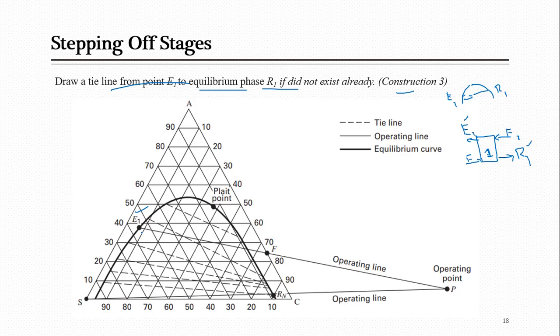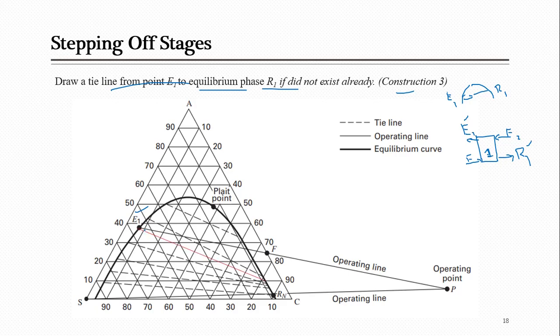Overall, we can just draw a tie line passing between these two lines, as we already did for the one stage system when we drew a tie line passing through M while locating E and R, if you remember. I explained this at the start of this week's lecture: if M was located inside the diagram somewhere between the tie lines, how you have to draw a new tie line connecting E and R.